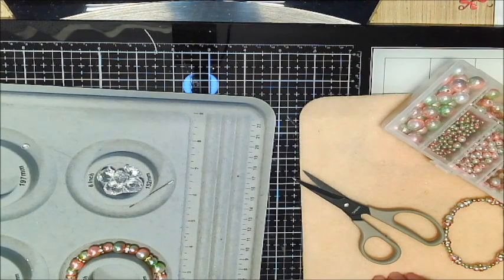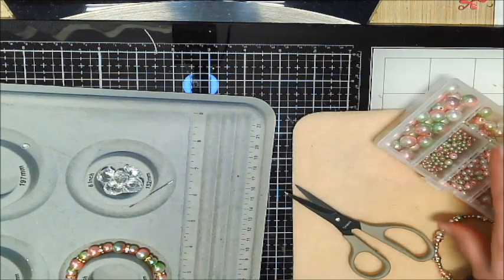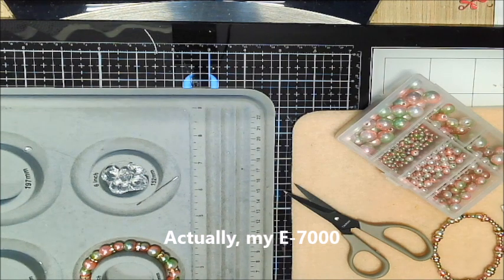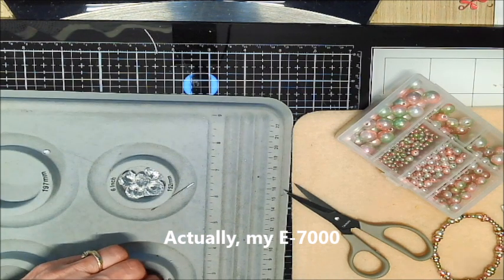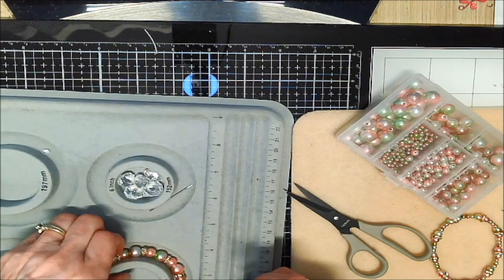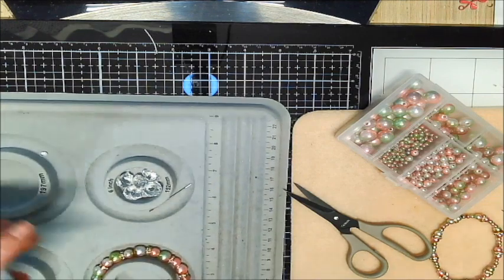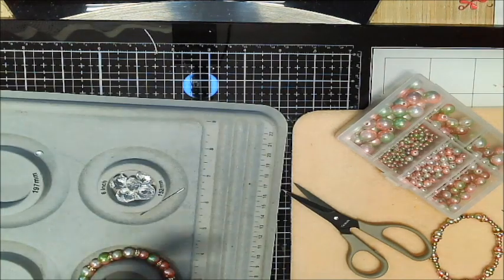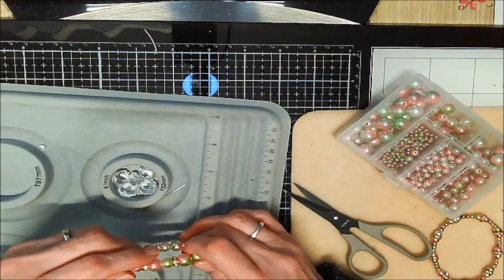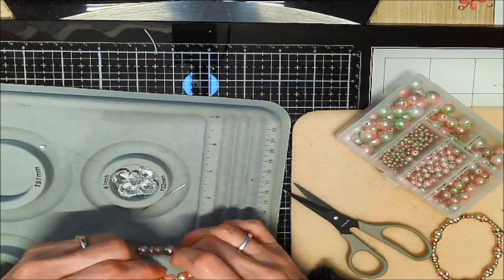What I usually do is use my E6000, and I don't know why it's doing that noise. Hang on just a minute. I don't know why it's making that noise. Thought I had it all figured out, but apparently not. Okay, I had to stop there for a minute and see if I could get rid of that pinging noise. And now I've lost my little...